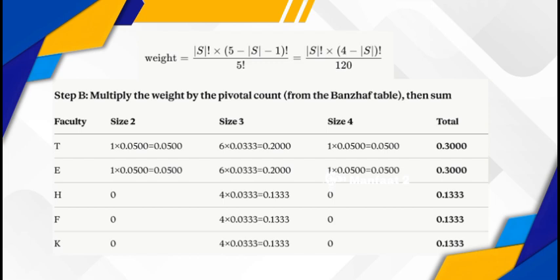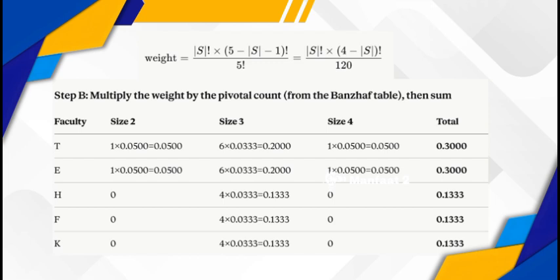We can use the pivotal data from before and just apply a weight formula based on coalition size. When we multiply the swings with the pivotal counts and add everything up, we get the same pattern.